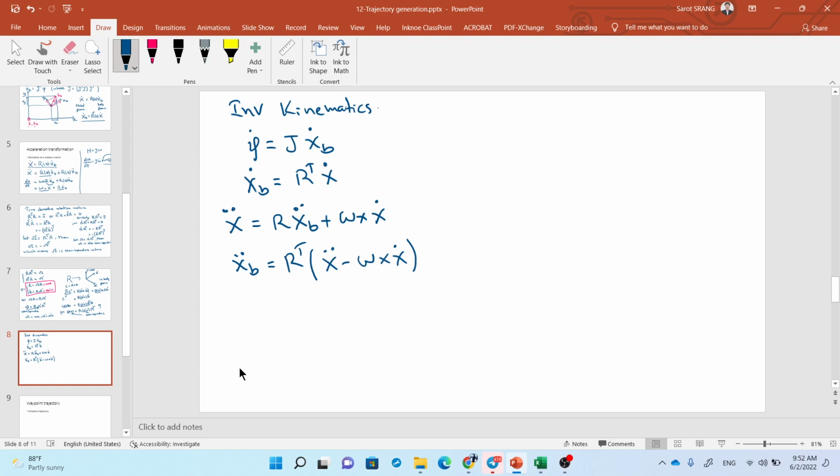Okay, so why are these equations important? This one and this one are important, okay. This one and this one. So when we want to control a robot to move along a trajectory, we need the information of the trajectory itself, right? So the idea from here, okay, let's say